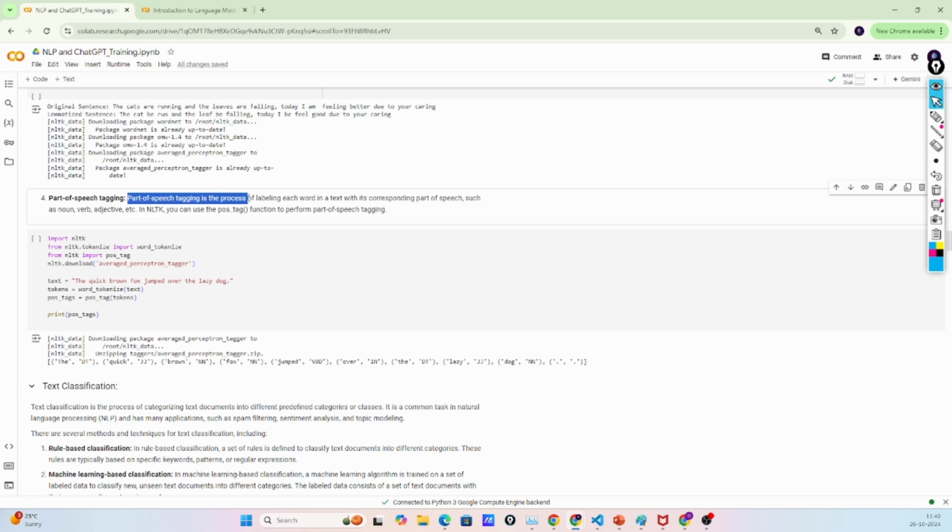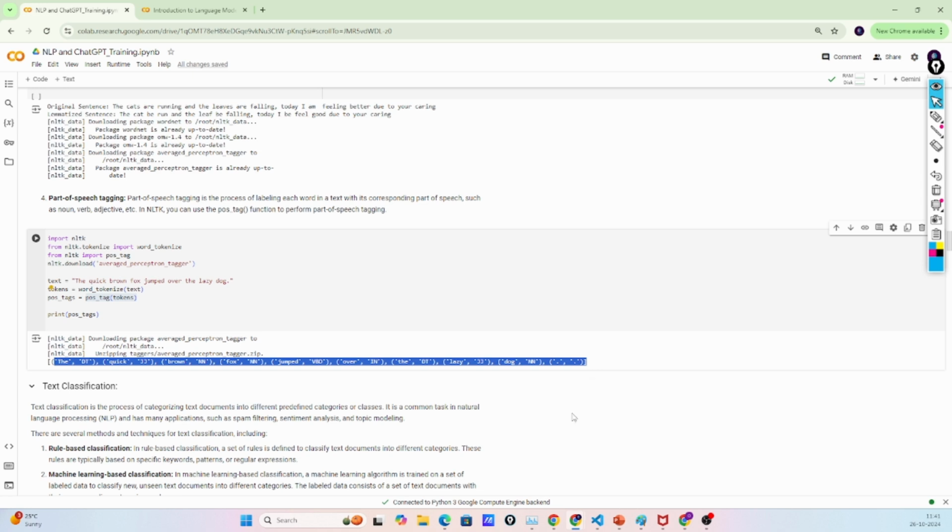This is the adjective. And here also we are using NLTK. First we are importing the tokenizer, then the part of speech tagging. So first we pass this particular text here, then perform the tokenization, then perform the part of speech tagging. So you can see here, now we have the grammatical structure, like part of speech tagging provides us the high